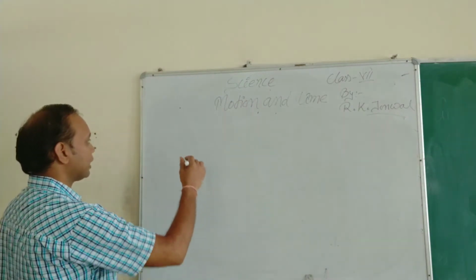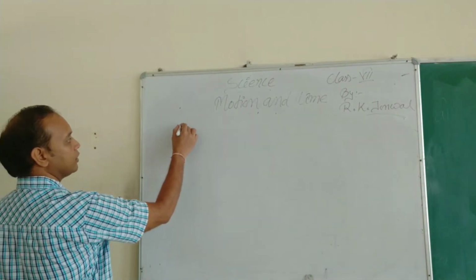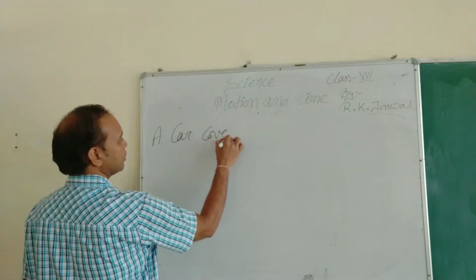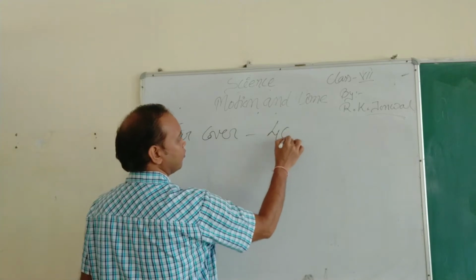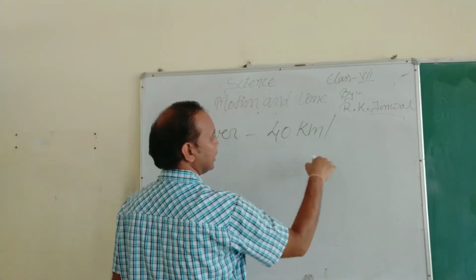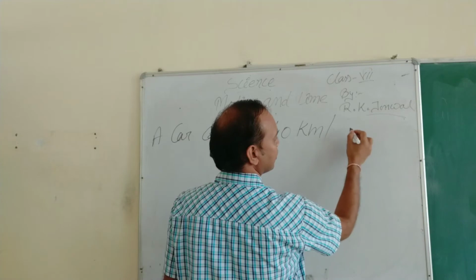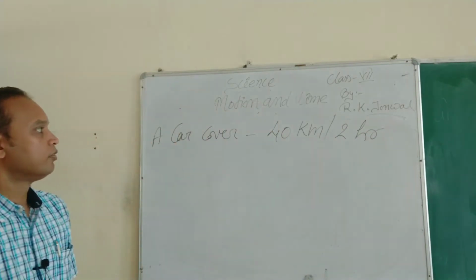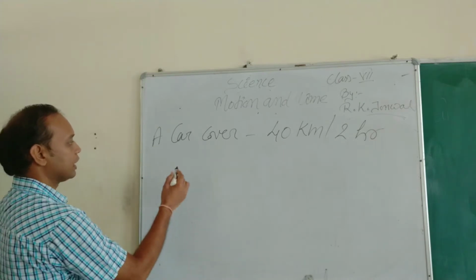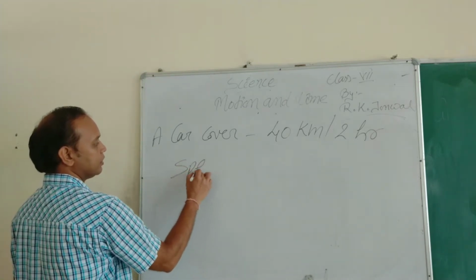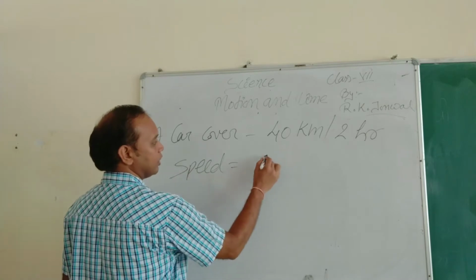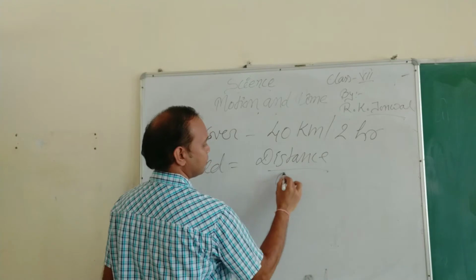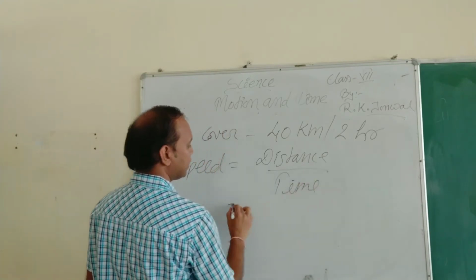Okay, if we take an example that a car covers 40 kilometers in 2 hours, then what is the speed of this car? So we can calculate this speed. Speed is equal to the same formula, distance upon time. So we can put the values. Here distance is 40 kilometers